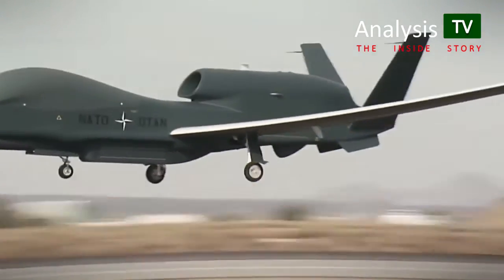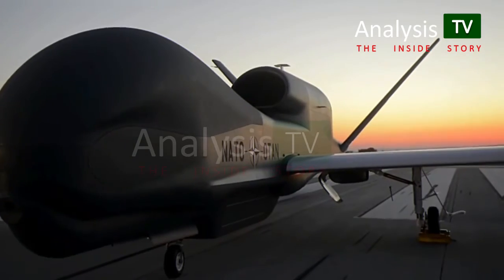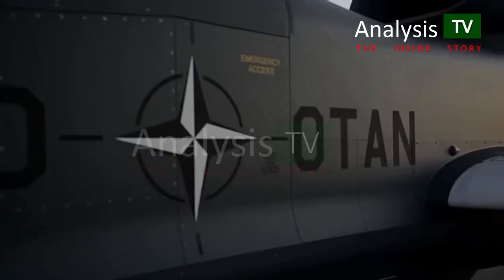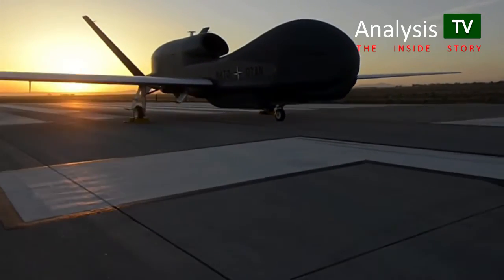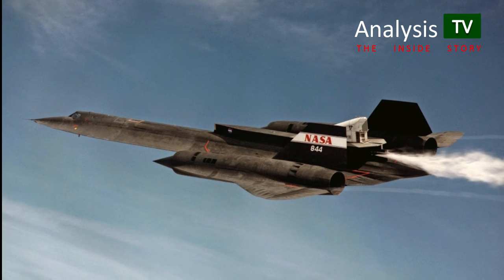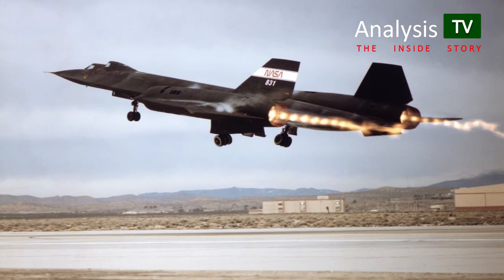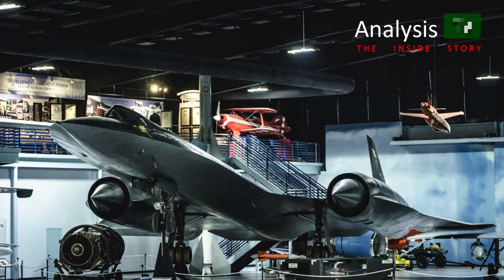The program was halted in 1990, with a brief revival in the mid-1990s, once technologies like spy satellites and UAVs, unmanned aerial vehicles or drones, had become more feasible and offered instant access to surveillance data. The SR-71 was last flown by NASA in 1999, which used two of the aircraft for high-speed and high-altitude aeronautical research. Since then, the surviving Blackbirds have all found their way into